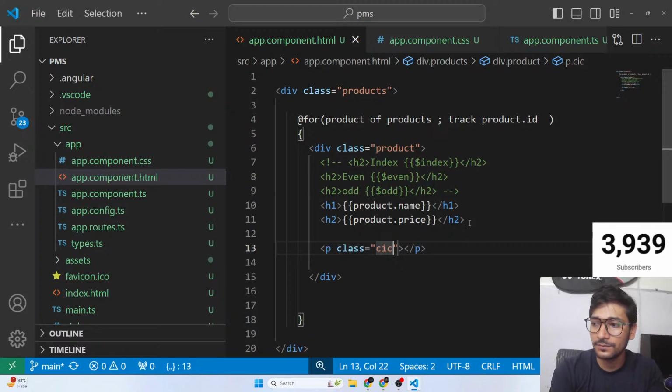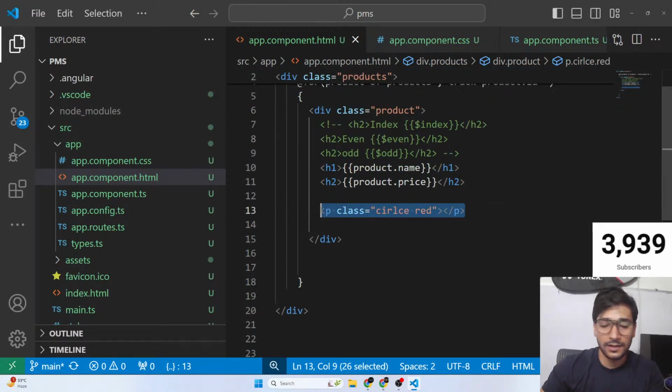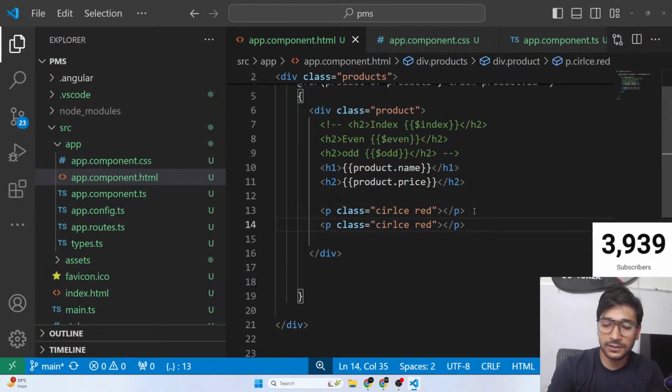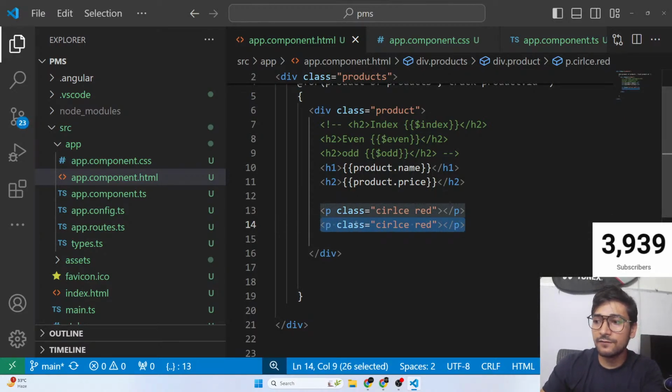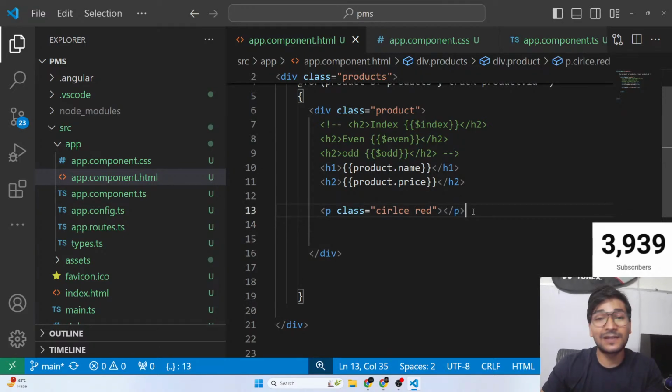We'll create our own circle, okay? And give it a class of red for now. Circle red. For now, let's just have circle red. So for available ones, we won't display anything. For unavailable ones, we'll display circle red. Okay. And let's style it.